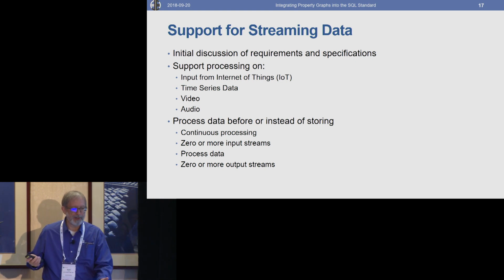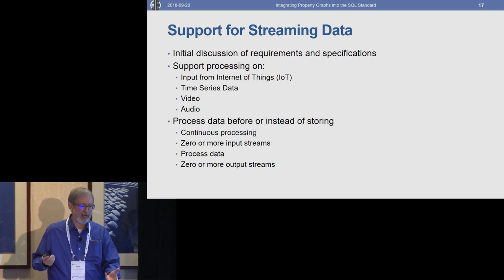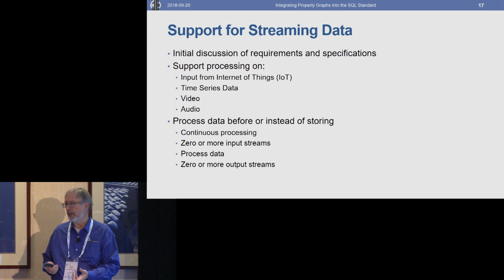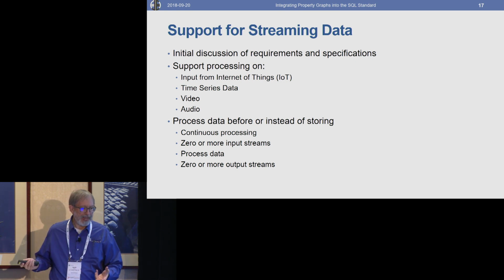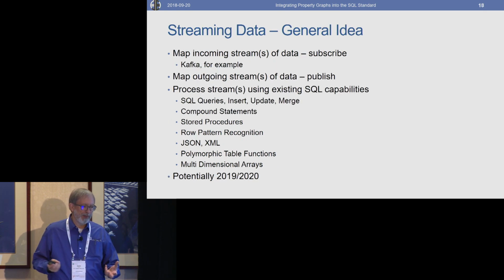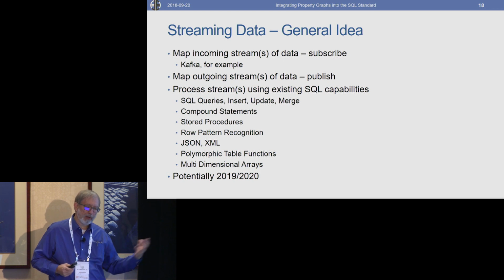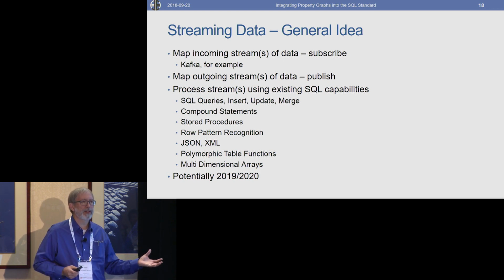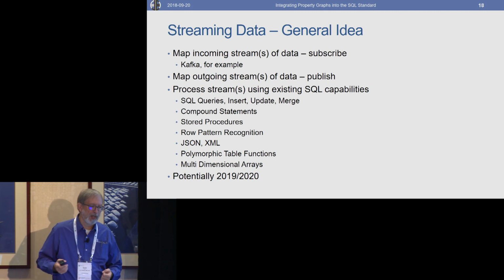And then maybe you can bundle that with some of the other capabilities and process the data and maybe output the data to other things. And if you had this capability, you might be able to map data that's coming in from something like Kafka